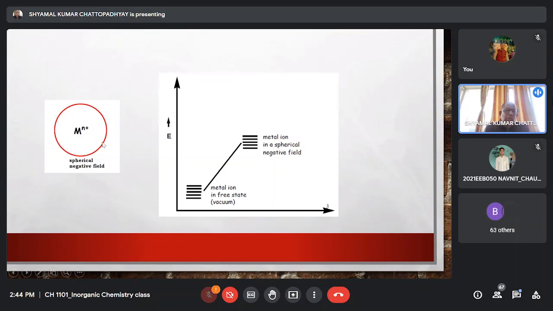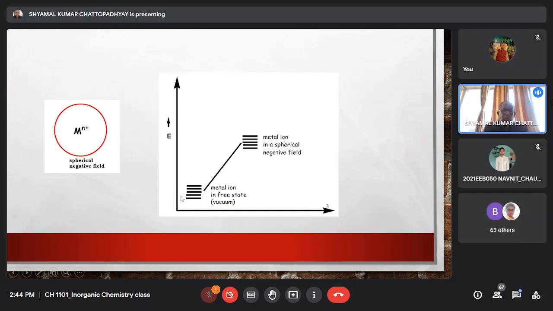So there will be no localization of the charge. As a result, the 6 negative charges will be uniformly distributed across the surface of the sphere. And if we consider only the electron-electron repulsion, then we may say that this is the energy of the metal ion in the free state, that means when it was not surrounded by any charge,